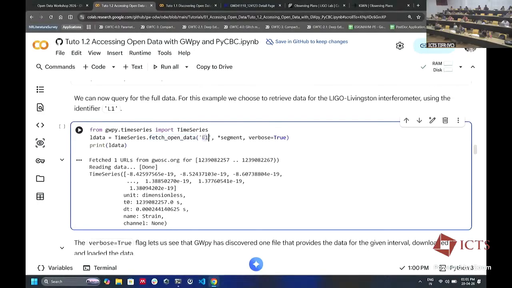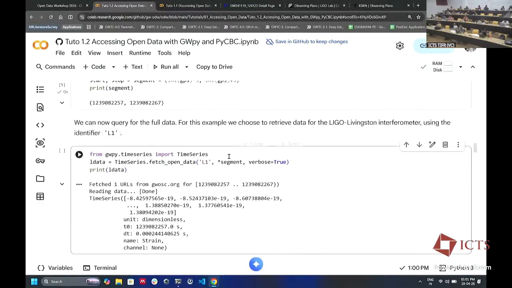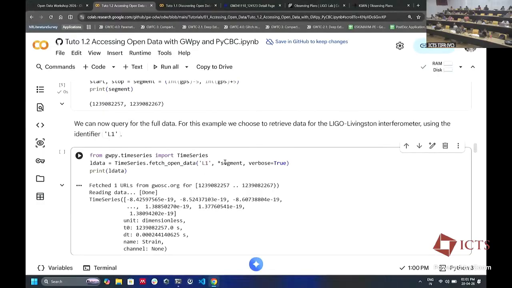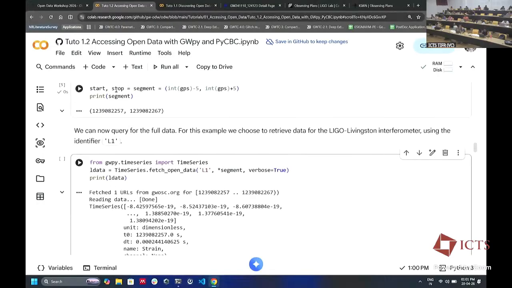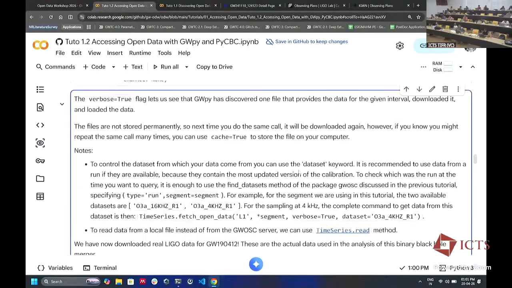For a given segment, for a given detector. Here we are going to download Livingston data from a segment which is this. This star segment is really just a way to expand this into a start and end. You could just equivalently do start, end, that will work. And verbose just prints what is going on. So if you run that,